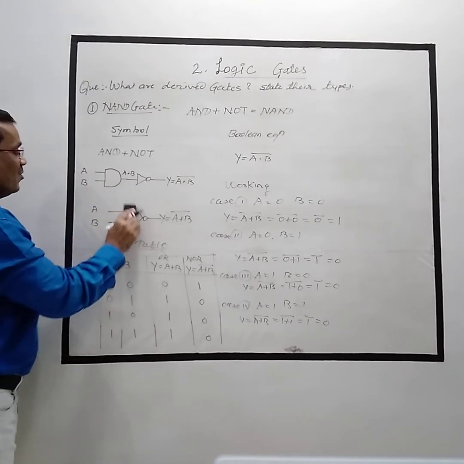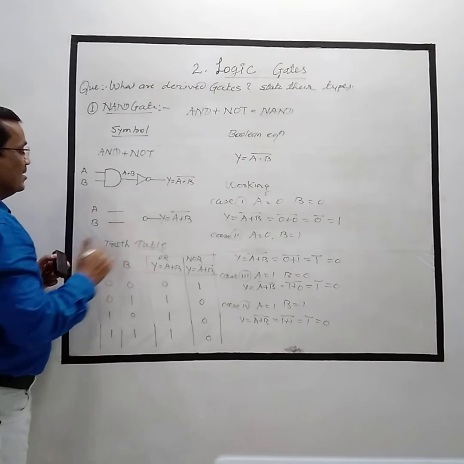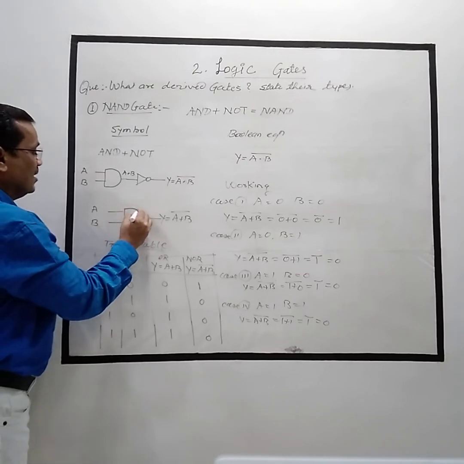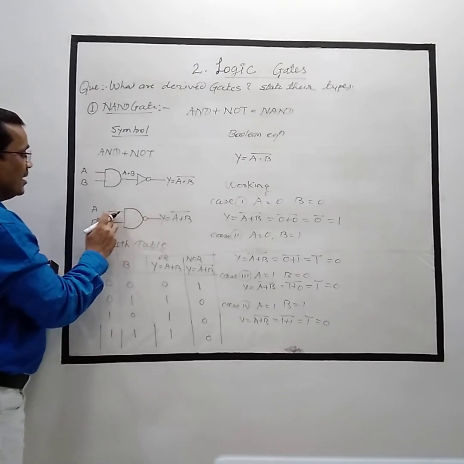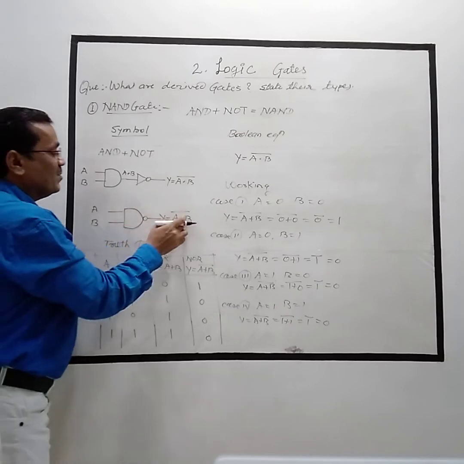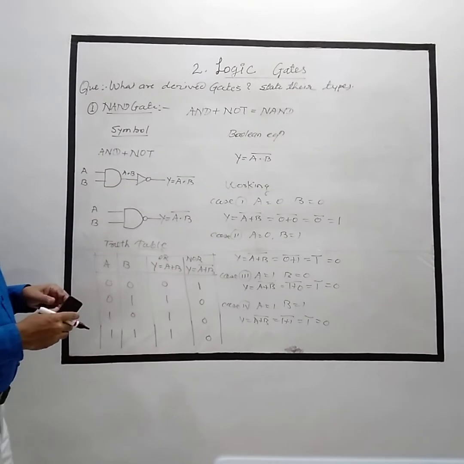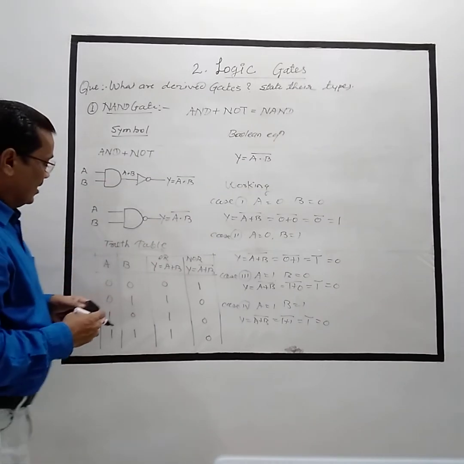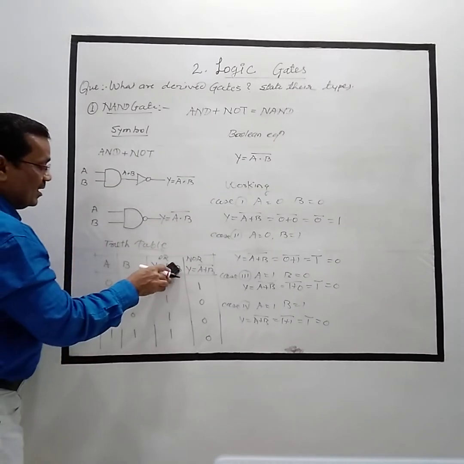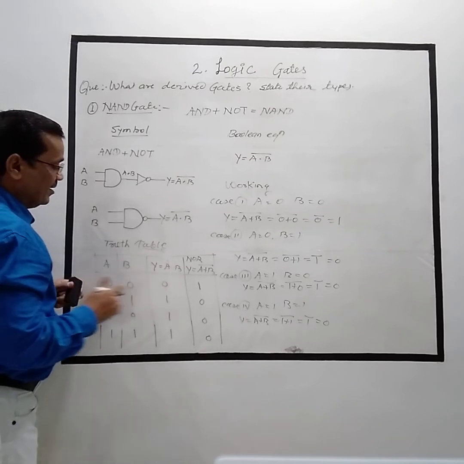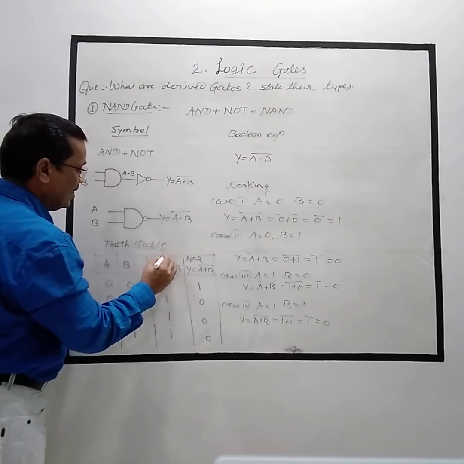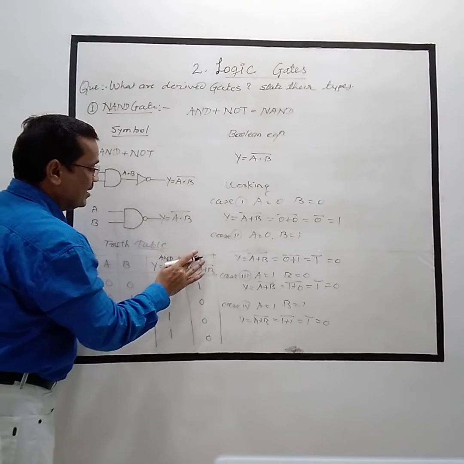Its symbol will again be replaced like this, D. Here and this is NOT. It will be the NAND gate, A dot B complement. Here it is the AND gate, A and D, and here it is a NAND gate.